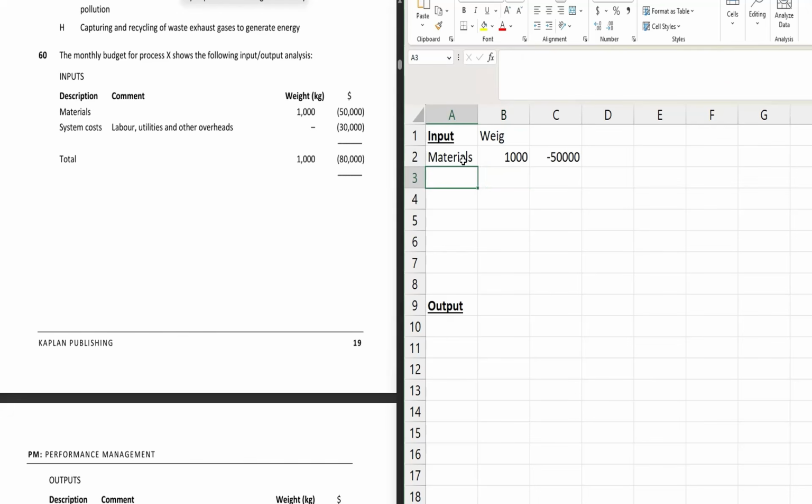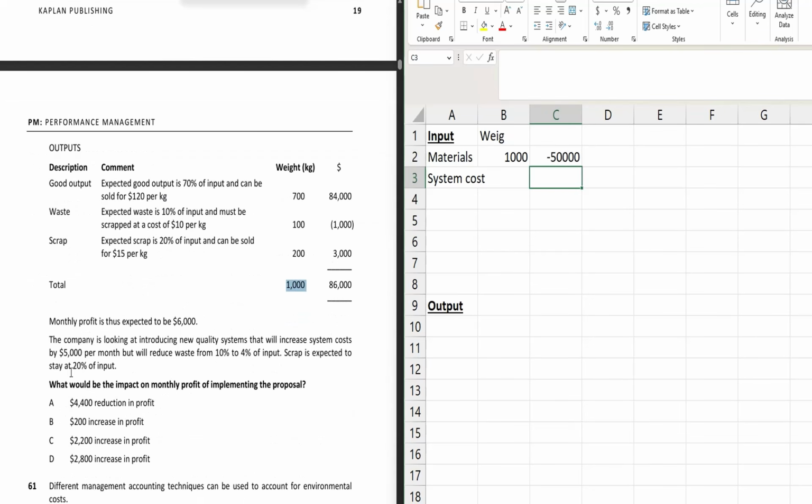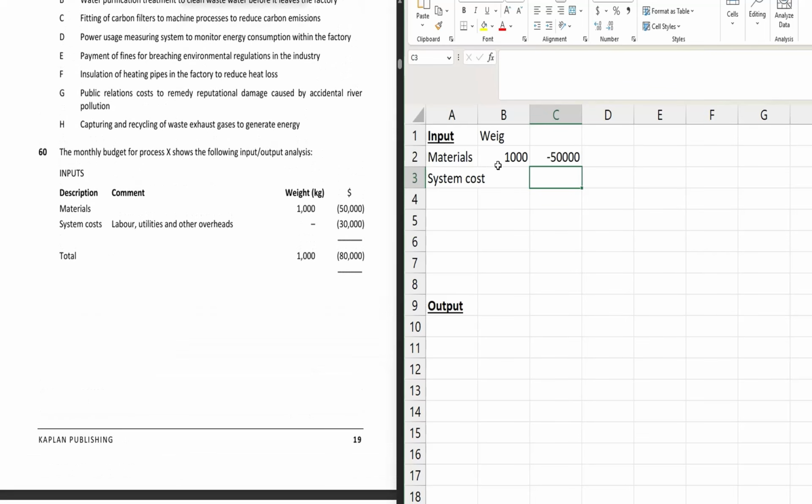All right. Now system cost will be 30,000, but now they have said it will be going to increase by 5,000 per month. So altogether now our system cost will be 35,000. So altogether we have total cost of,